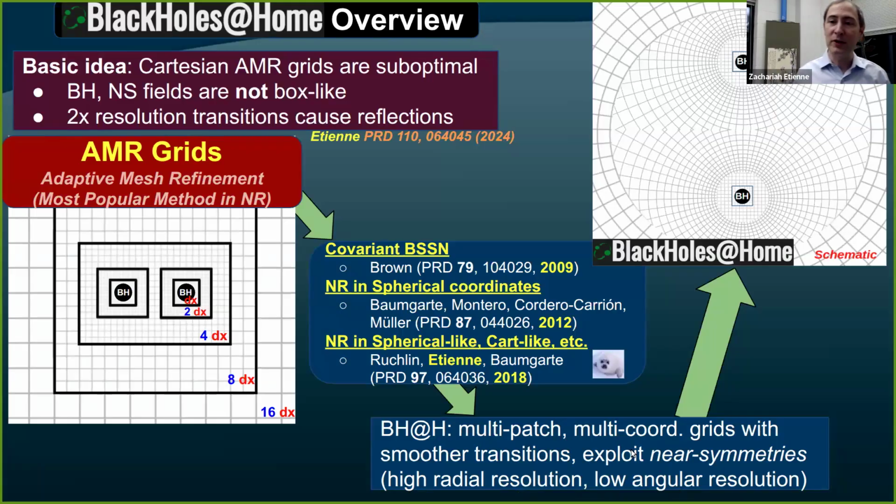So this is a picture of a numerical grid structure that black holes at home uses. You can see here there are 7 independent grids. One feature you'll notice is that there's no r equals 0 in any of these spherical coordinate grids. That's intentional because this